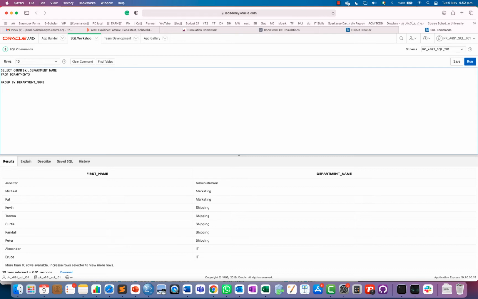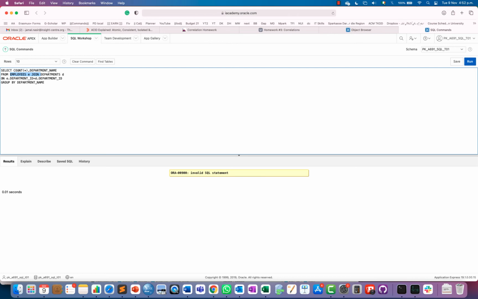Yeah, grouping is some sort of, obviously in this table there would be only one row for each department, right? So for example, okay, departments E dot department ID, or department ID.